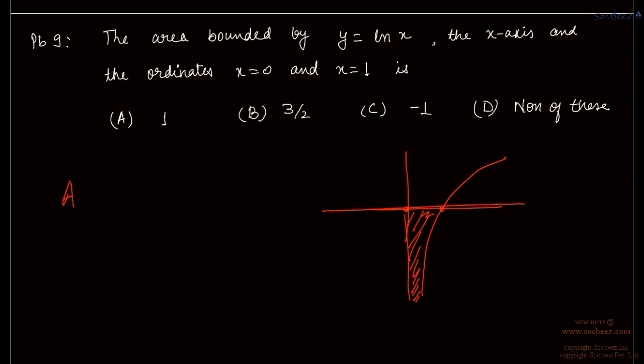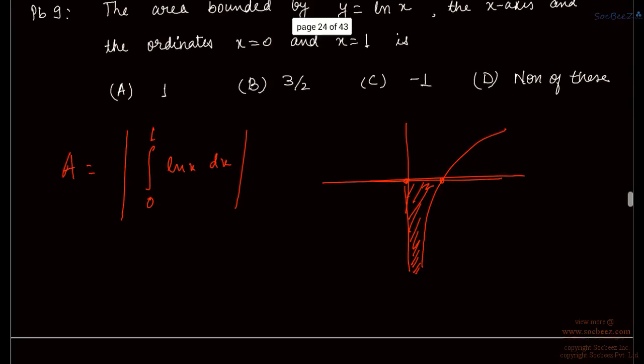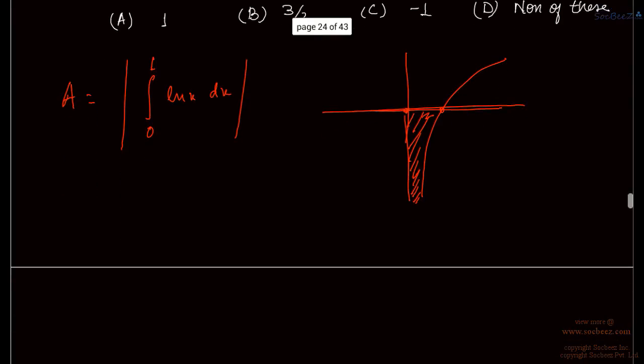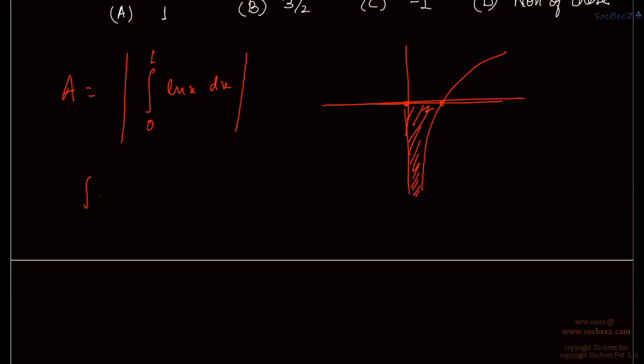So this area is basically the integration of ln x dx from x is equal to 0 to 1, and we have to take the modulus. First we have to find the indefinite integration of ln x, because we have to evaluate its definite integration. So ln x dx can be evaluated by using integration by parts. Again we will be taking function u as ln x and dv as dx. So we can write du as dx upon x,